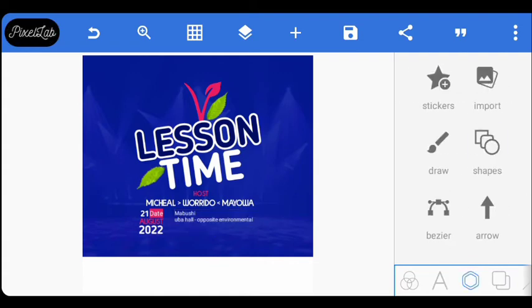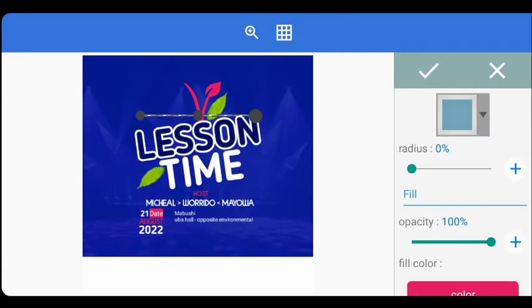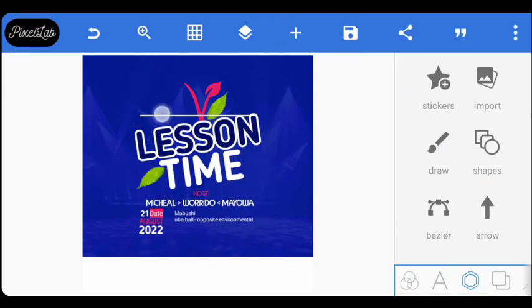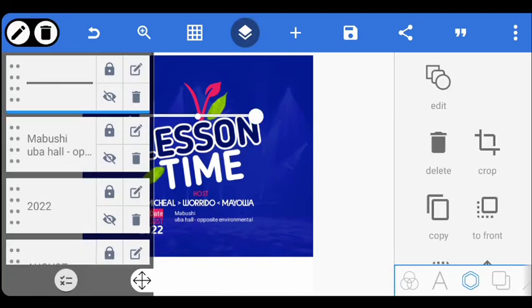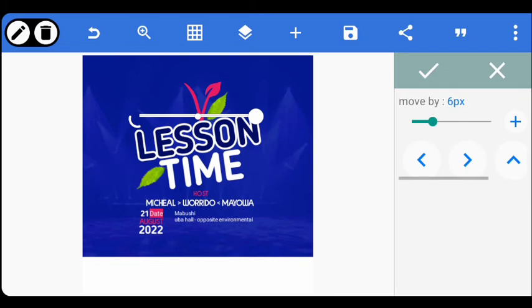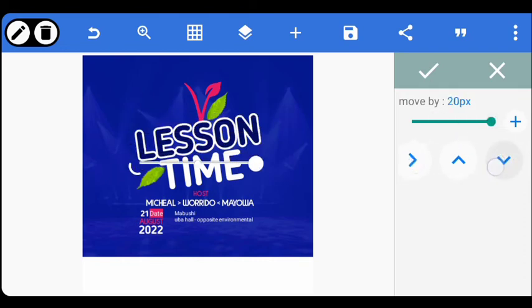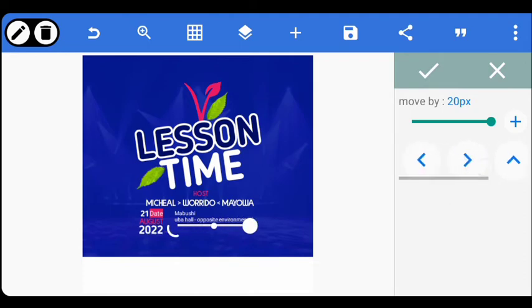Now the next thing is just to create a shape. Increase it, reduce it to the minimum like this, then just bring it down. If you are not selecting it, come to layer and select it. Then use your positioning tool to bring it down. Now you can reduce the size like this. Just bring it here. You can see how I'm putting everything together, and it's coming in beautifully. So you just put it right under this